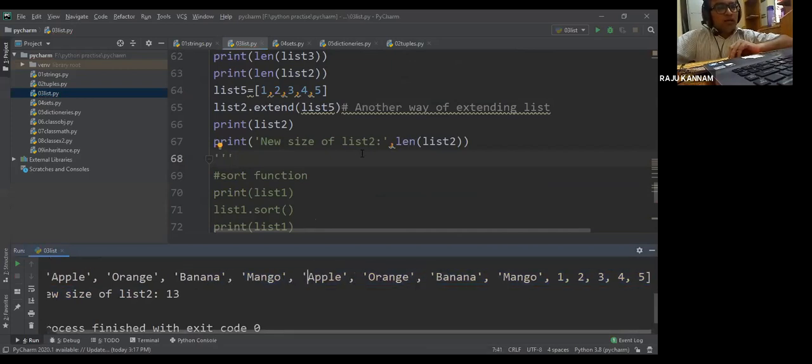Then from list 5, we are extending list 2 with the elements of list 5. What are the elements of list 5? 1, 2, 3, 4, 5. So 1, 2, 3, 4, 5 is also added here. A list doesn't mean one element is a string and another is an integer. You can give another element as a complex value, or a float value. No issue. Now the new length will be 8 plus 5, 13.